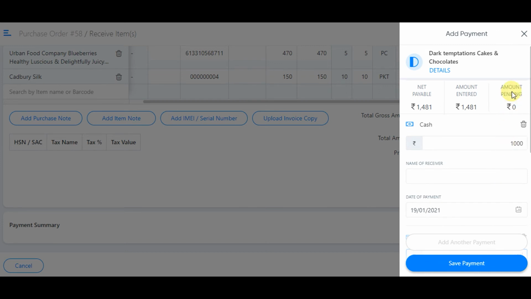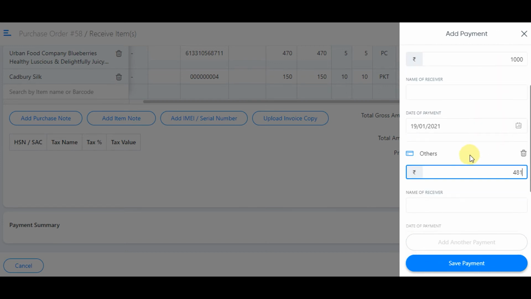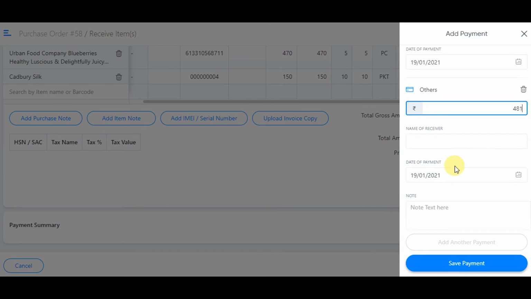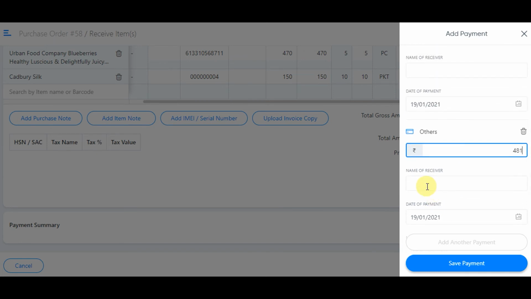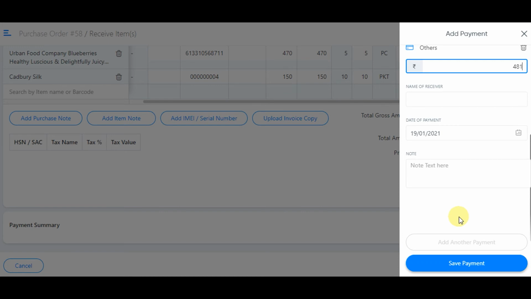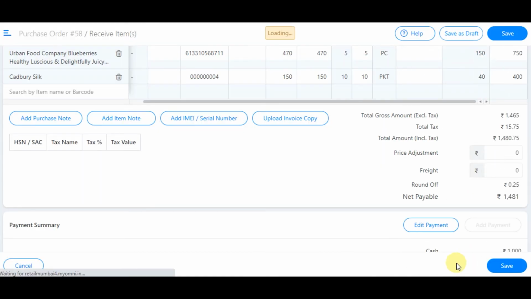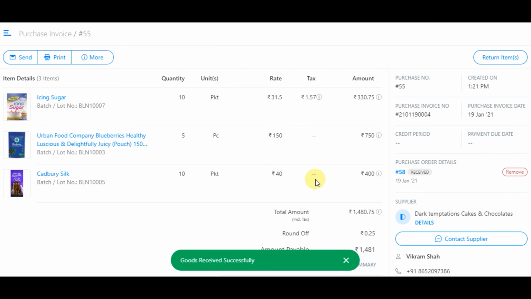You can see the amount pending should stand at 0. You can enter the name of the receiver. Finally, you can click on save payment. The goods have been received by you and you have sent the payment to that supplier.